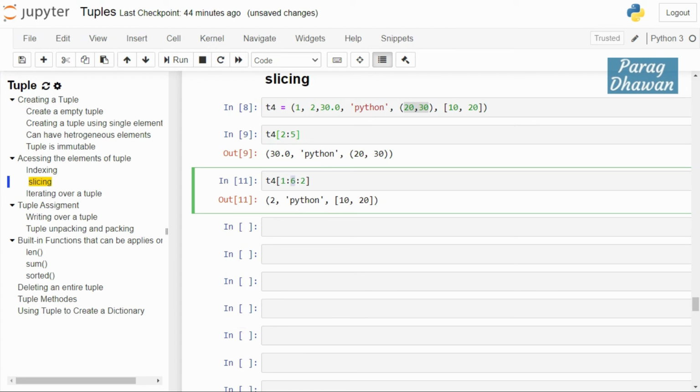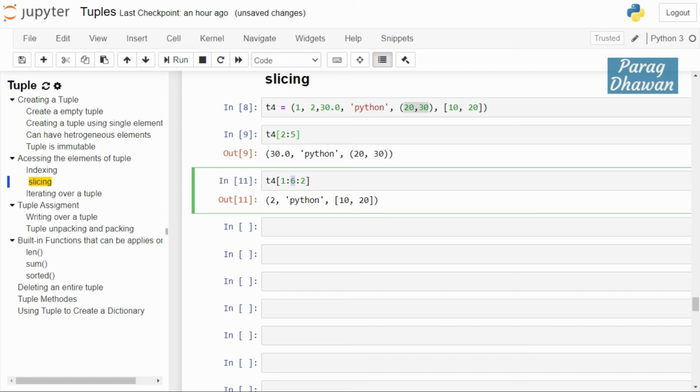Generally it is the last index plus 1, therefore this index is not included. So if you want to run till 5, you have to write 6. And the step size by default is 1, or you can give an alternate step size of 2 or 3 as you like.